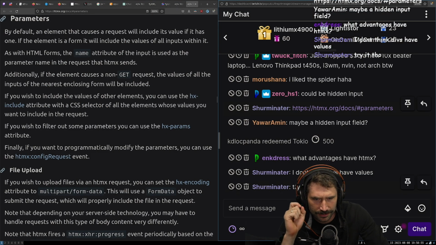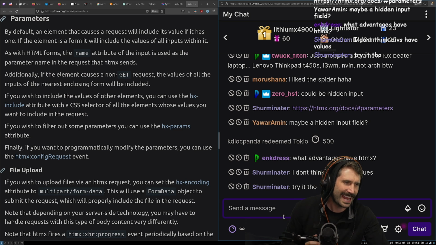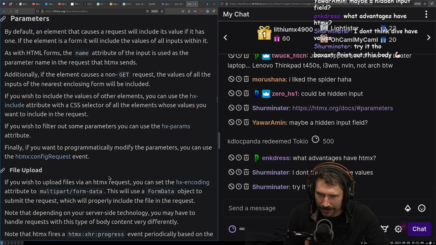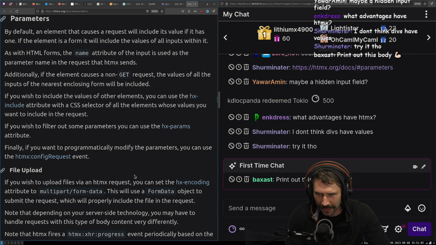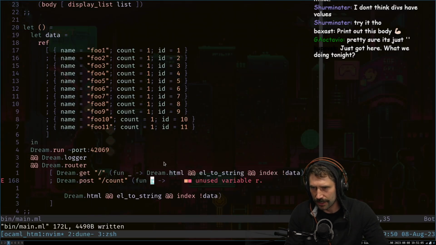I don't think divs have values. Well, they have something, right? Do they not have values? Is the HTML a value? Print out this body. We're trying to print out the body. Pretty sure it's just this. Okay. So